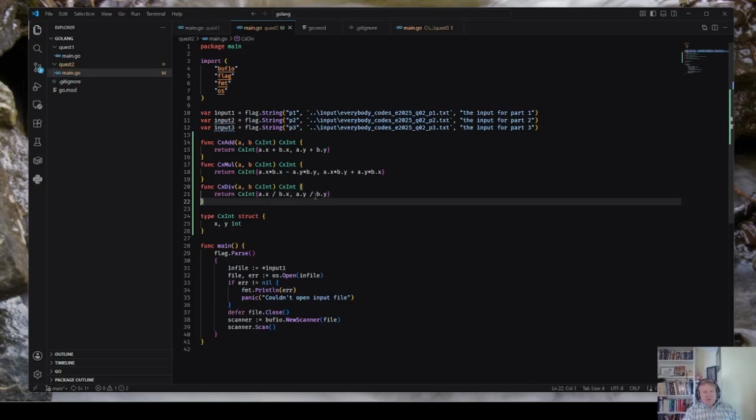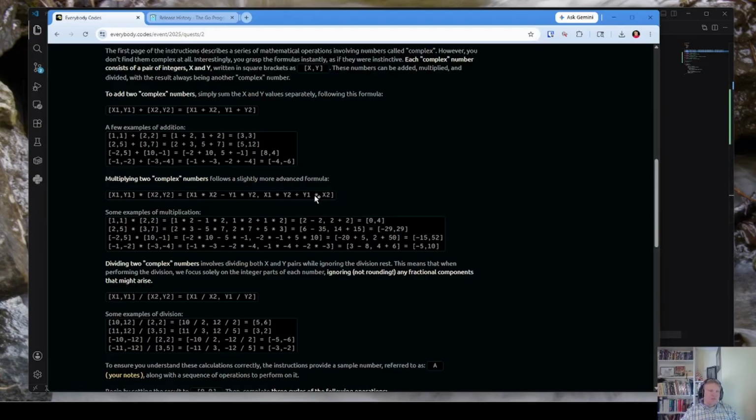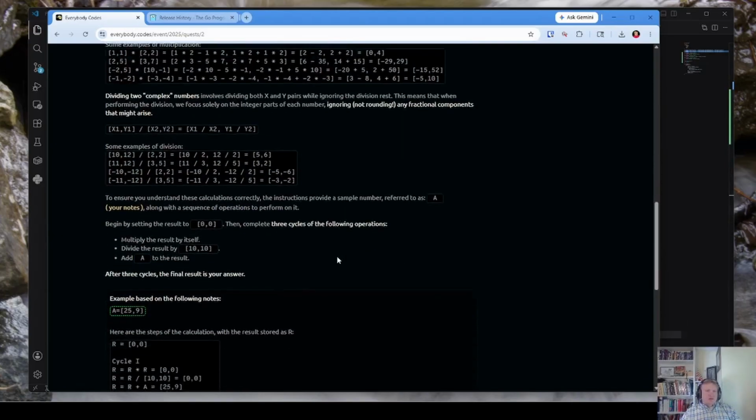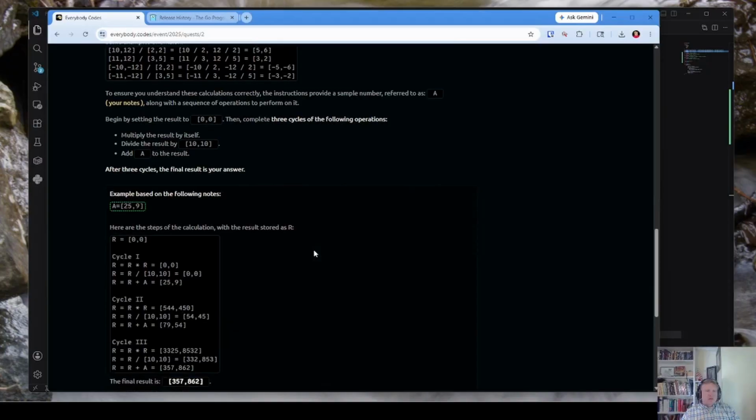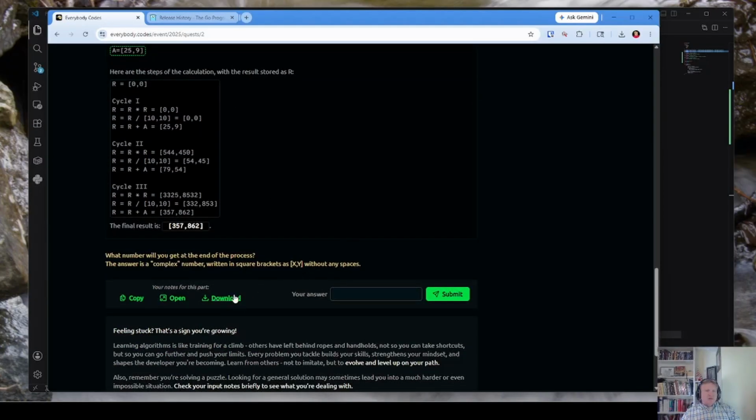Presuming that does the right thing with the fractions. It'll probably be fine. Okay, so the notes will look like that.